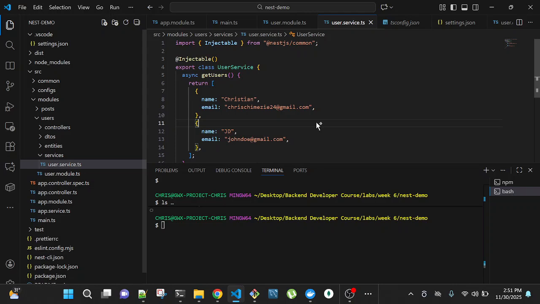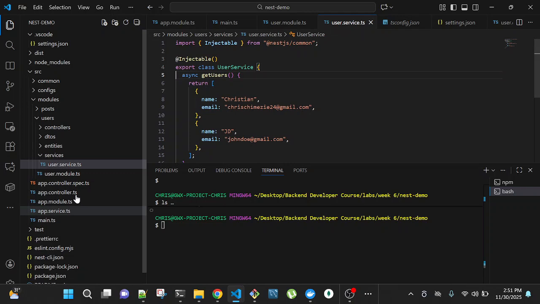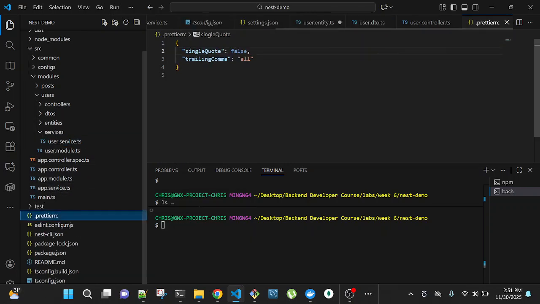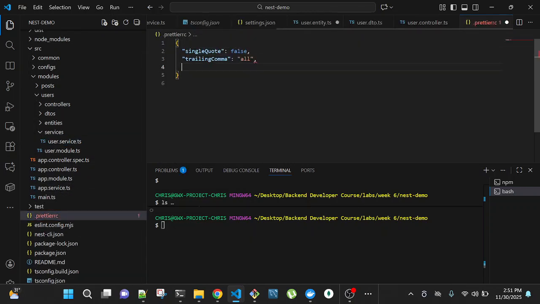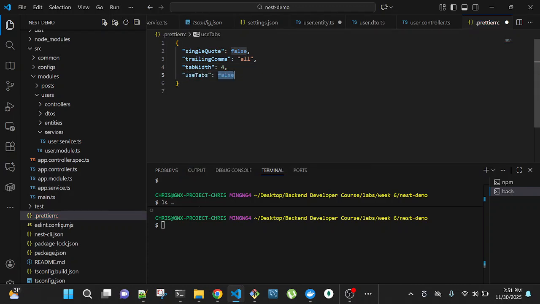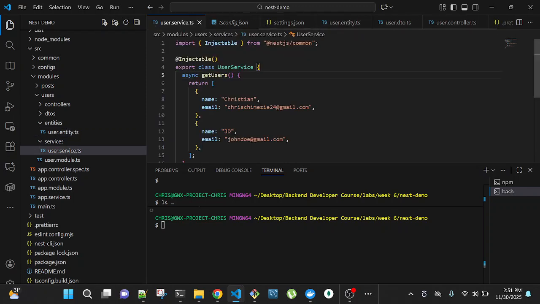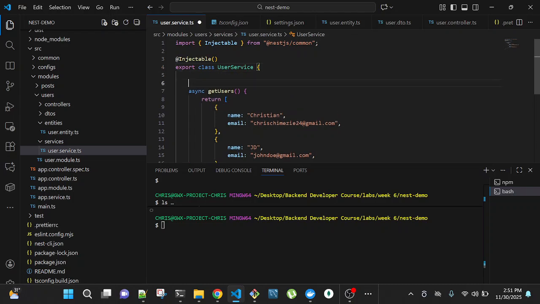I think I need to set tab is true. Okay, yeah.